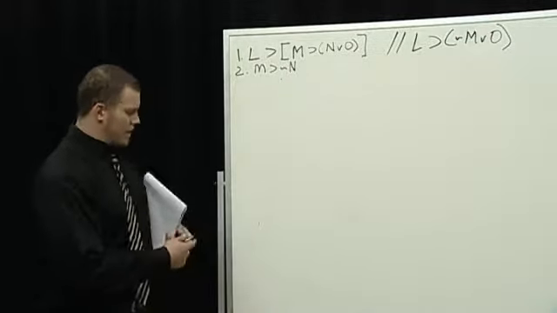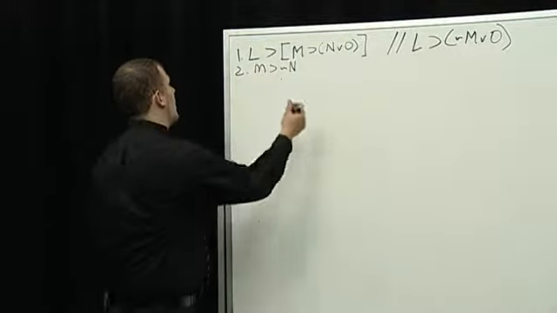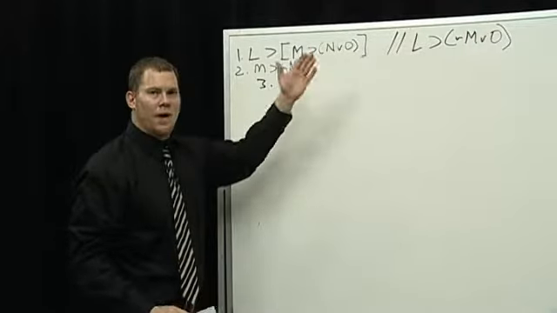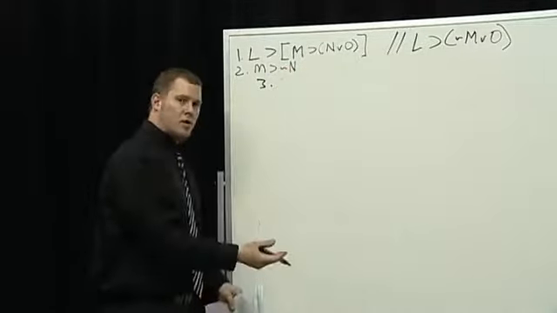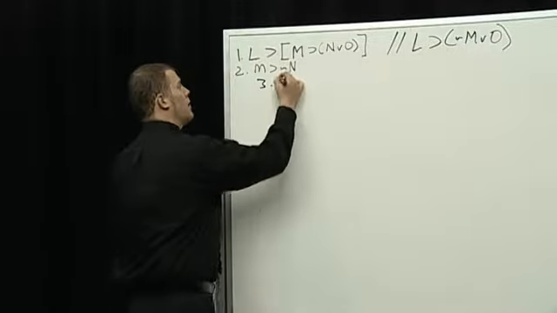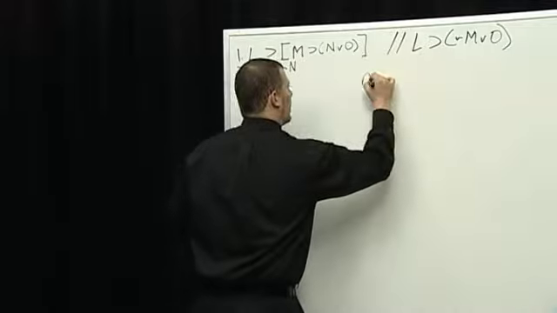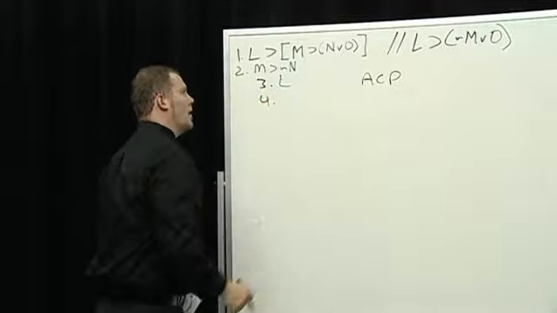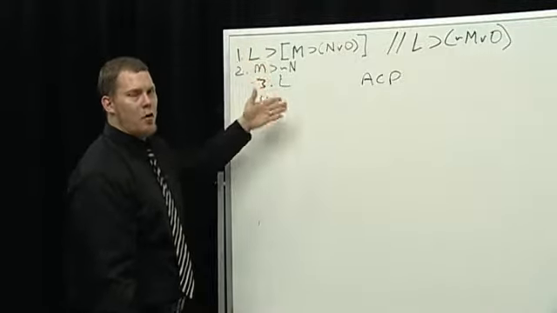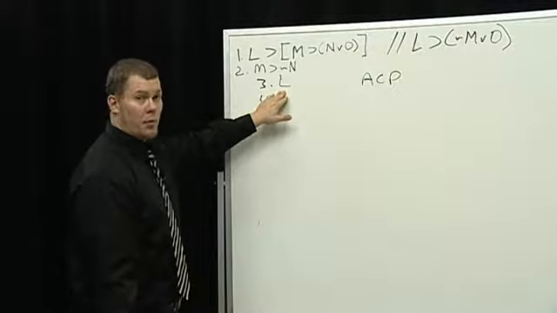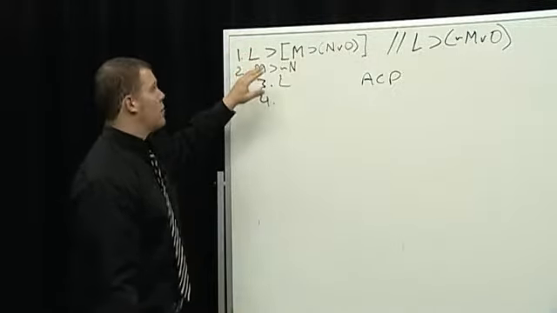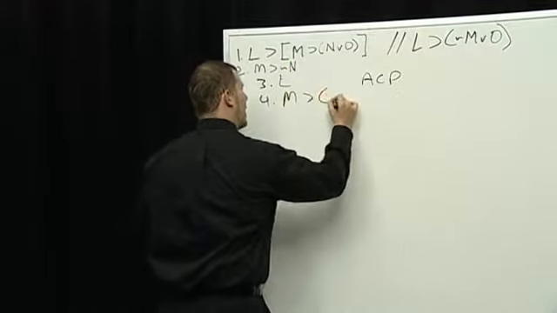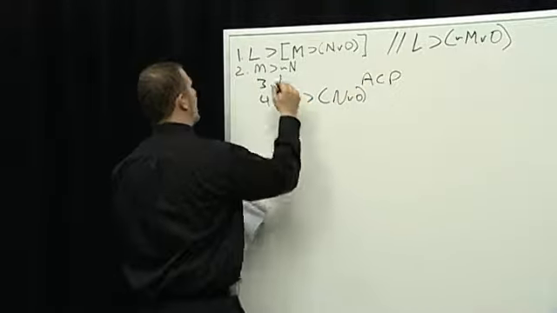So the first thing I'm going to do is assume the antecedent to my conclusion, because ultimately what I'm trying to derive is if L, then not M or O. One of the best strategies we can use is to assume the L, and of course this is via ACP. Now once I've done this, we can clearly see that with line 1, I can perform a modus ponens. So for my L on line 3, I'm going to perform a modus ponens on line 1 to derive if M, then N or O. So if M, N or O, and this is via 1, 3